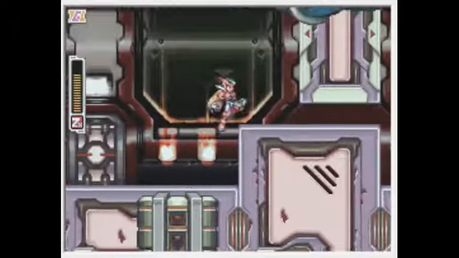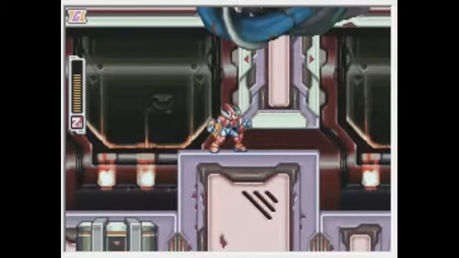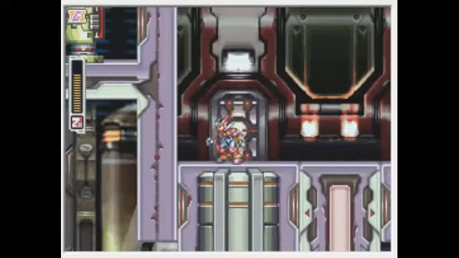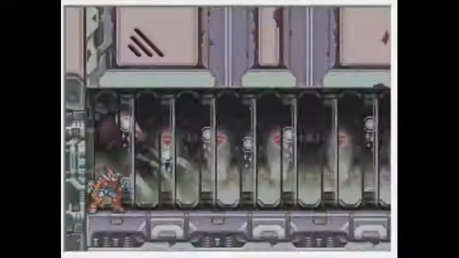Now this passageway over here is pretty misleading. You might think that there's something special on the other side of that, but no, it just takes us back to the room we were in before that room, and you have to go through it again, and don't worry, I don't think you have to fight the sub-boss again, but...